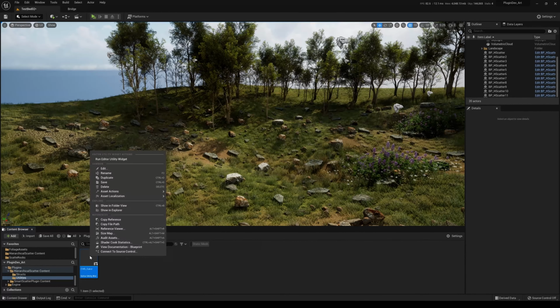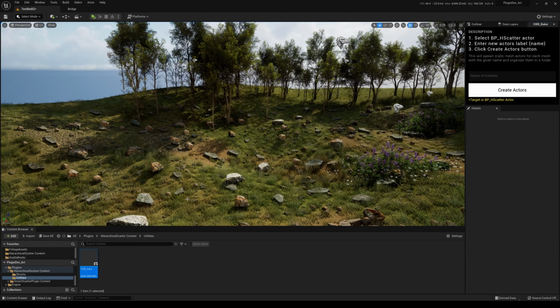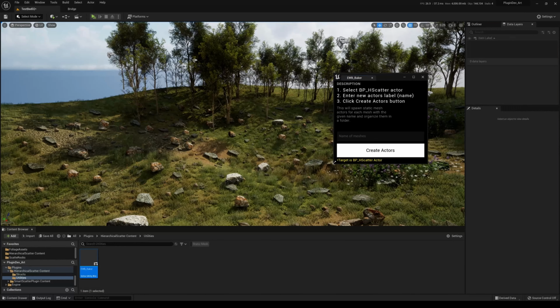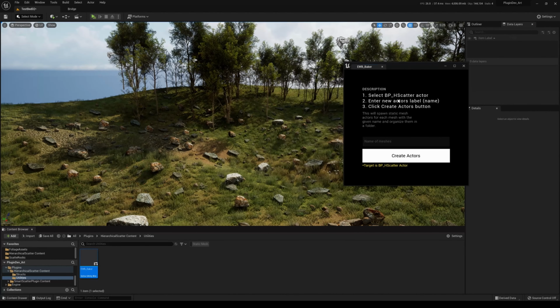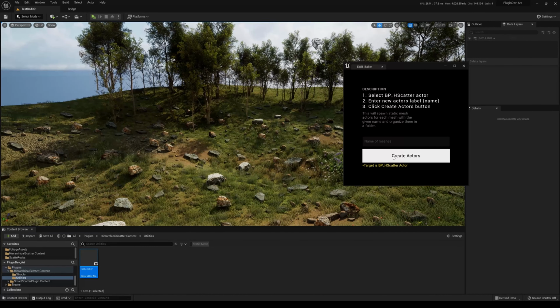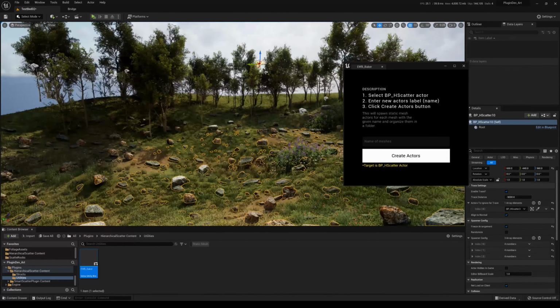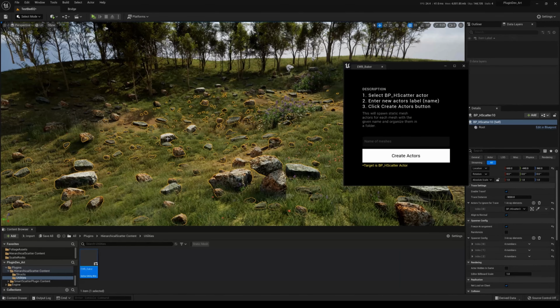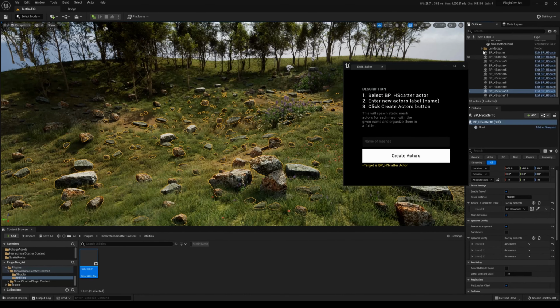What you need to do is right click on this and run as Utility Widget, and you will get this window over here. Okay, and it says exactly what to do. And if you just follow this and click on this create actors, it's going to make all these rocks individual assets. So let's do that for this rock. Okay, so you need to click on the blueprint which you want to change, and then in the outliner you can see all these blueprints we have. Let me close the lighting folder. So if I say rock spawn,